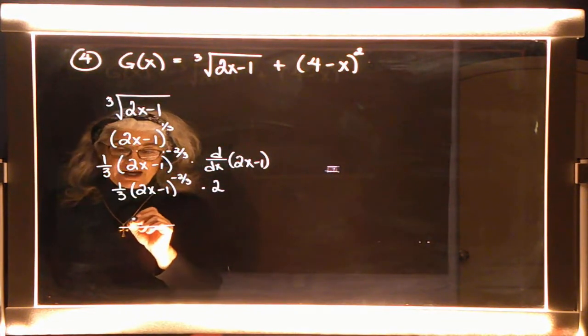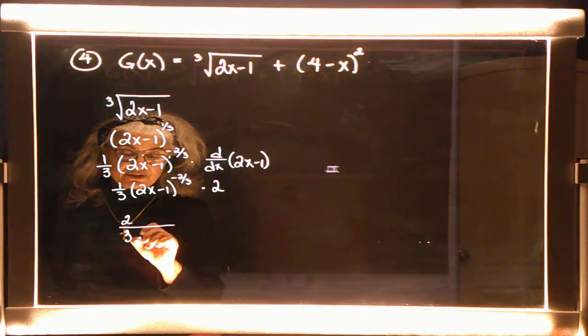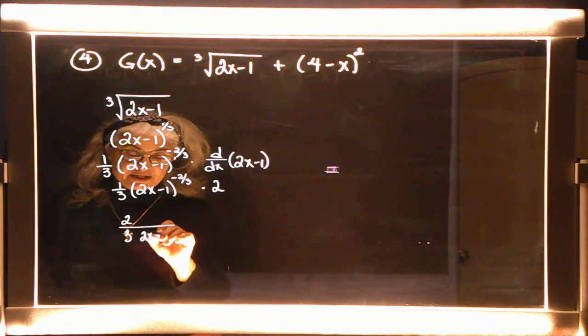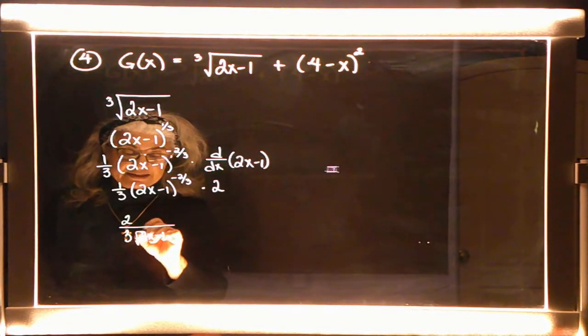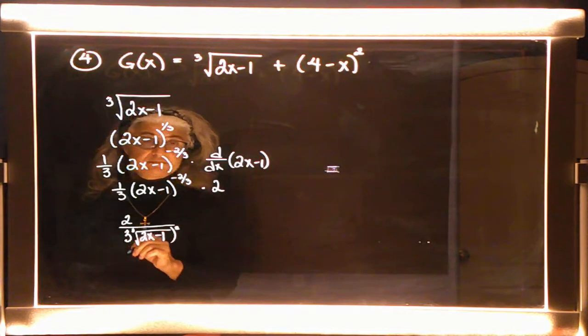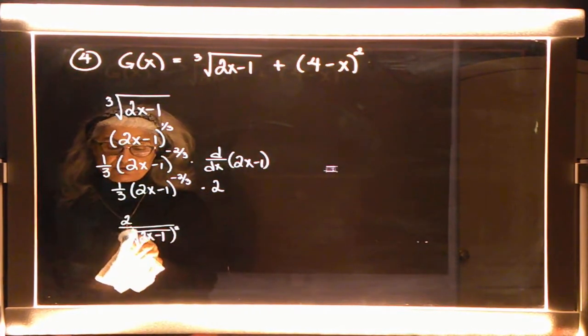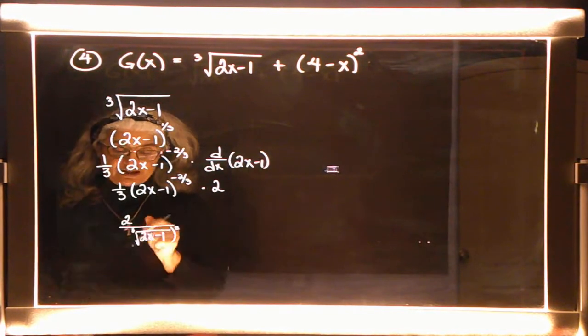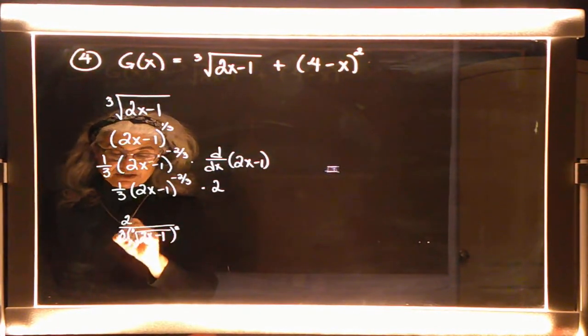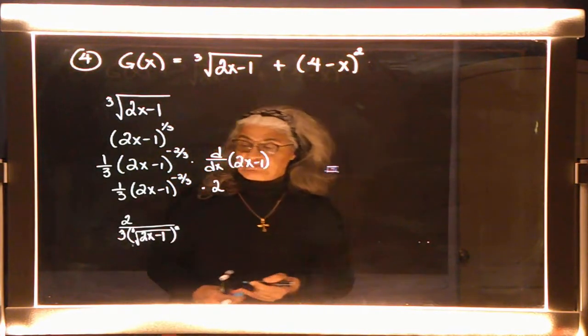So I've got 2 over 3, and in the denominator is the 2x minus 1. It is still to the cubed root, but it is also to the second power. Cool? Okay, it is the cubed root of this, but it is also to the power of 2. Good? Are you with me? Okay,